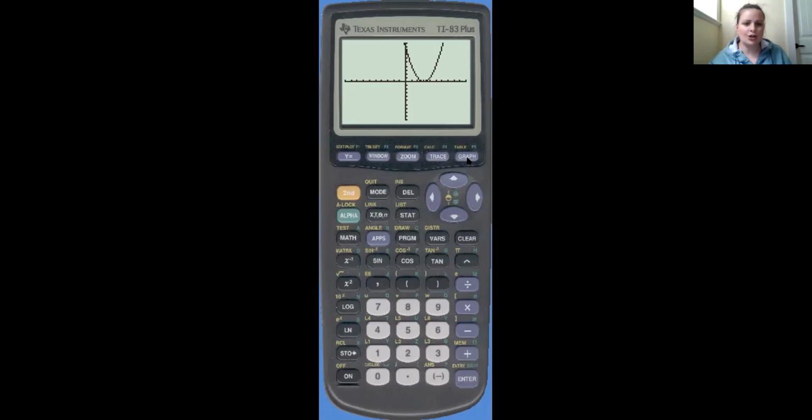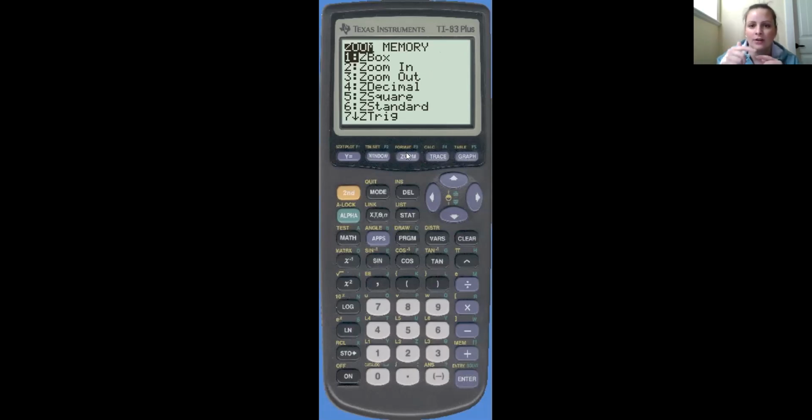Okay, so you're going to go to zoom, which is the middle up button, and the zoom standard is going to give you the standard window of going up 10, going out to 10, going out to -10, and going down to -10. So every direction on the X and Y axis goes to a maximum or minimum of 10 or -10. So that is option 6 in this